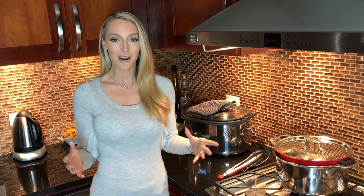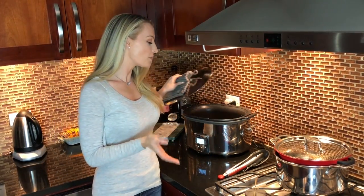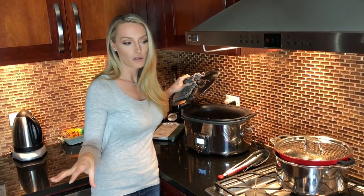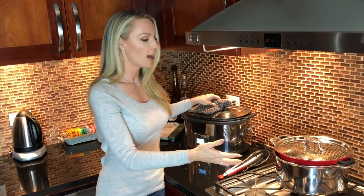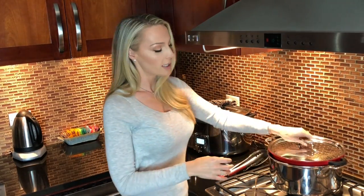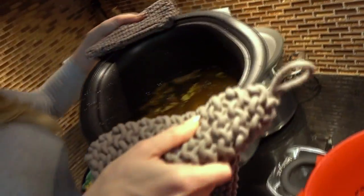So it's been 24 hours, and now it's time to strain our bone broth. I'm going to take off the lid, take out the bones and throw them in the trash. You don't need to dump everything right in there, it just makes it more difficult and takes up space. And then from this pot, I have a strainer in it. I just set on here, and I just let it strain. Let it cool before you pour